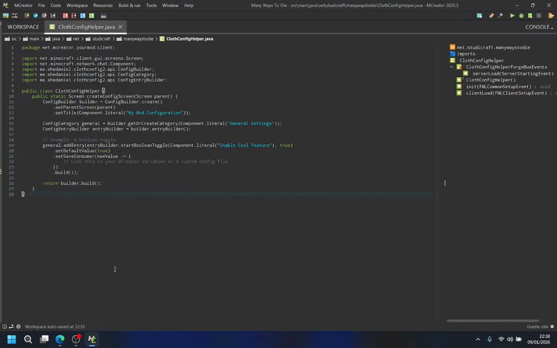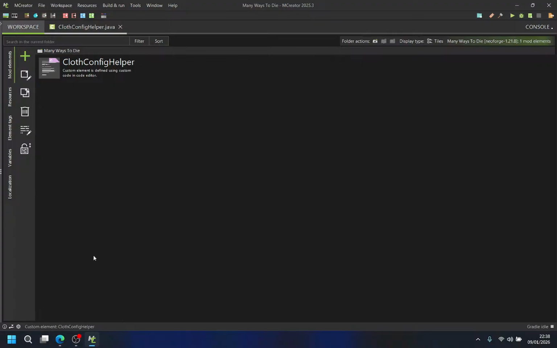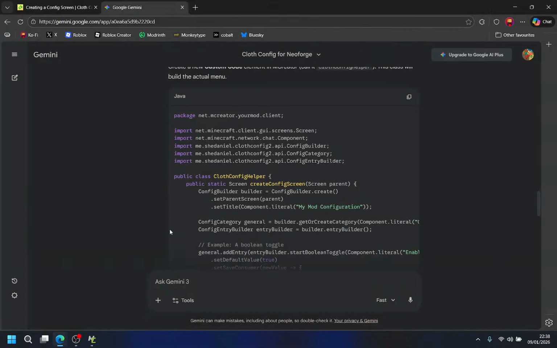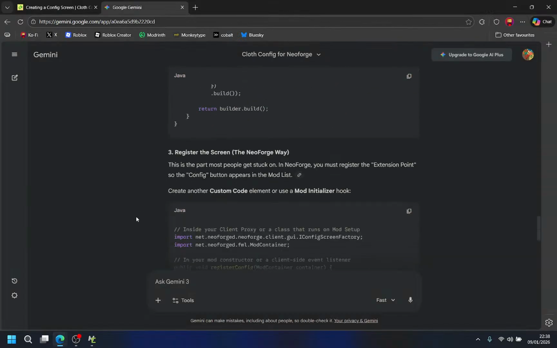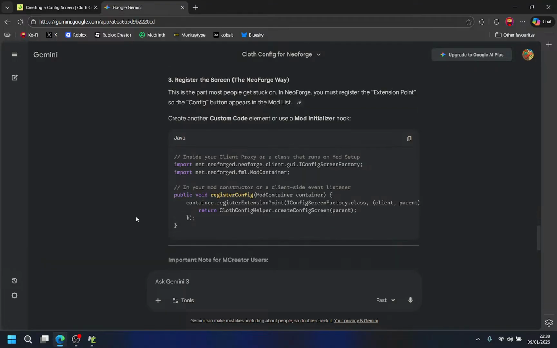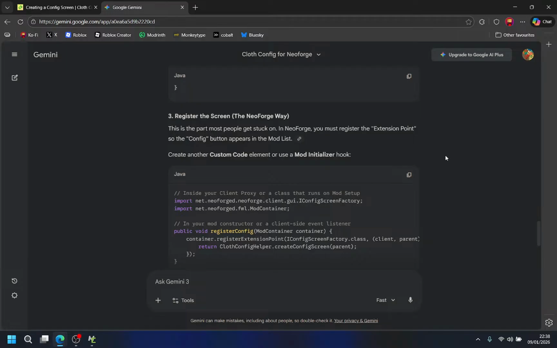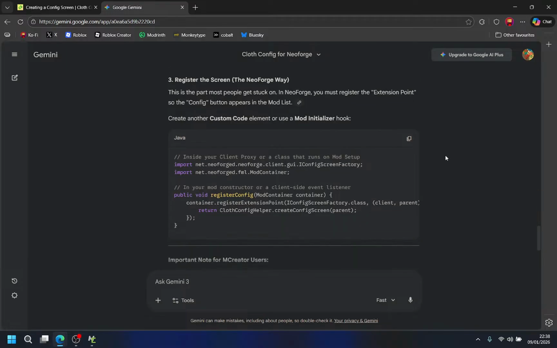Bam, bam. Okay. Now what do I do? Gemini, please tell me. I'm a noob. Just create another custom code element or use a mod initializer hook.